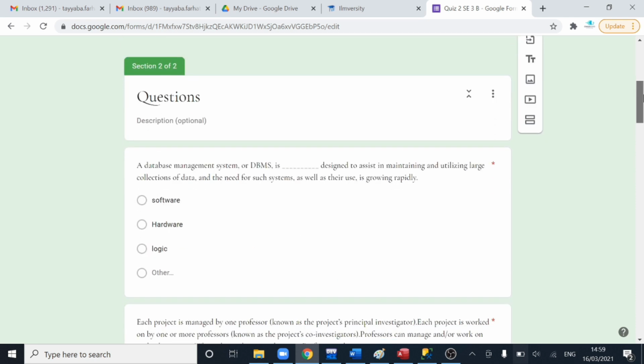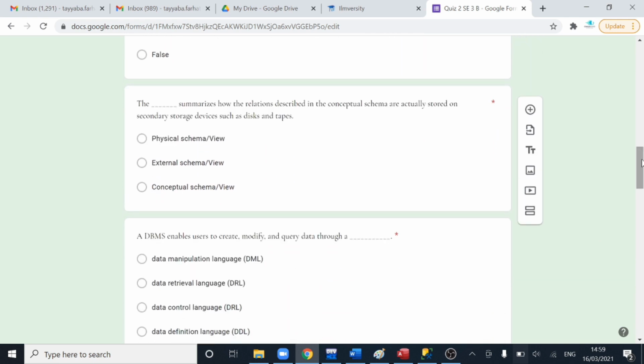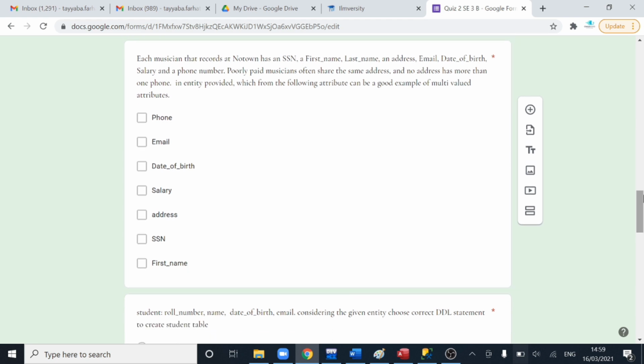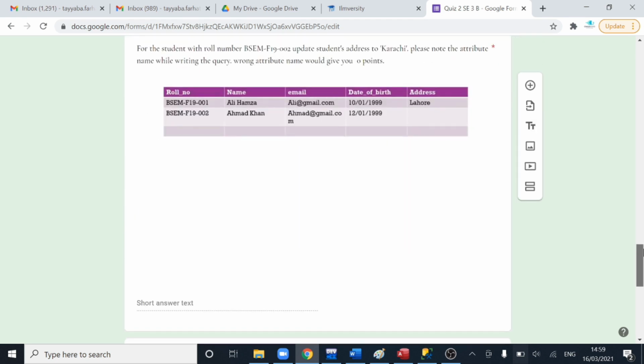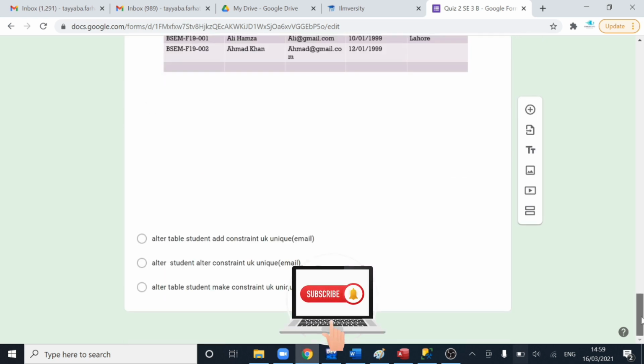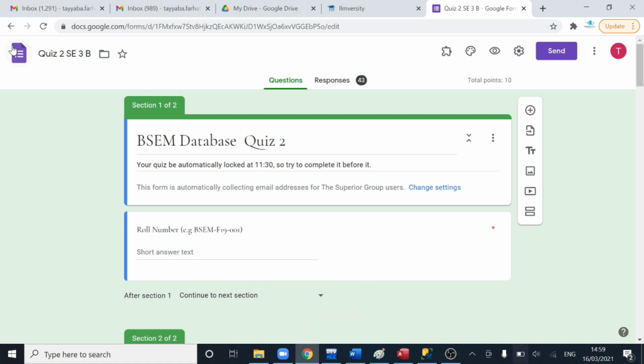So for the question segment you have a variety of options that you can provide to your student. So there could be multiple choice questions, drop down list, checkbox questions, and after that you can even provide an image, and you can ask your students to write a short description or a long description for that quiz. So I have chosen a theme for my quiz, and I have chosen a special font as well, so my quiz can look good. So now it's time to go to Google Forms, and I'm going to tell you how you can create an easy quiz.